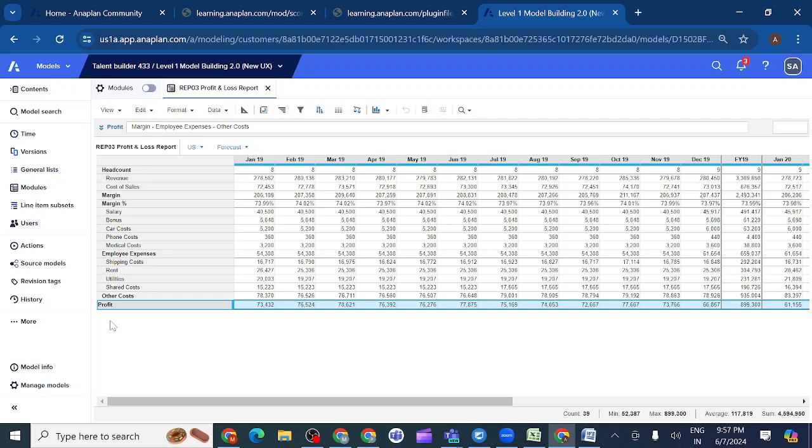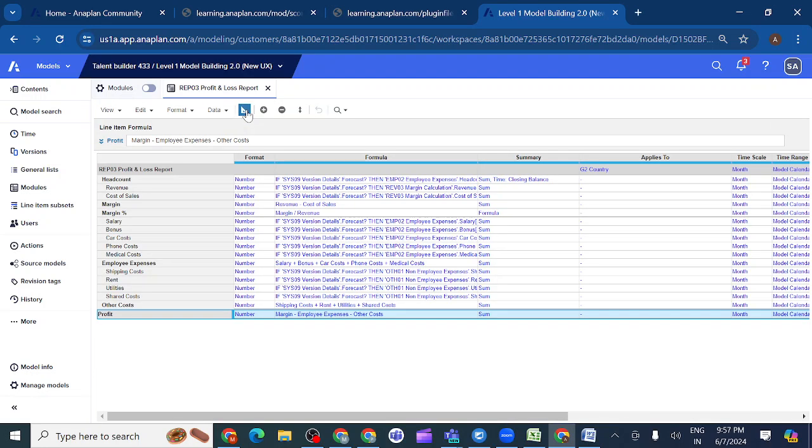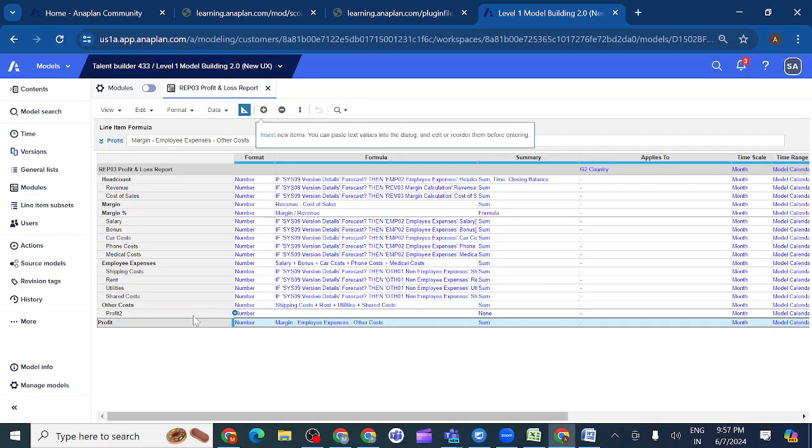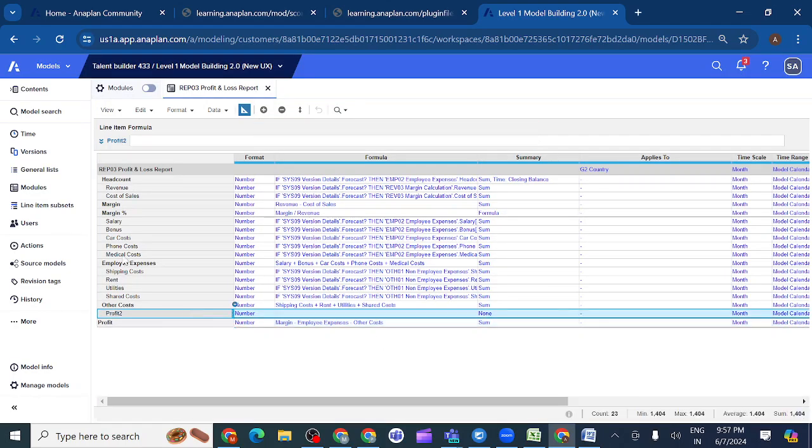Profit is equal to margin minus employee expenses minus other cost. So instead of writing this one, can I write the formula, and I will write another line item, Profit 2, to show an example. You can see the same answer you will get if I write the formula.